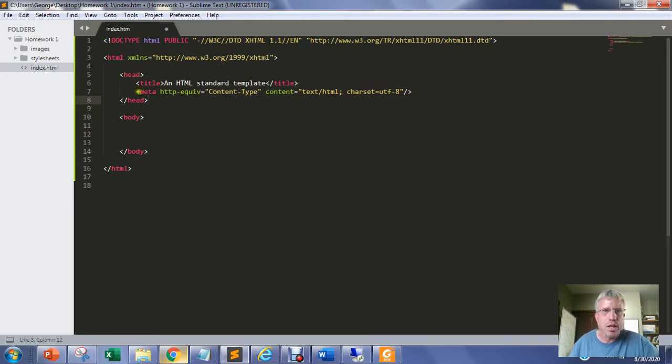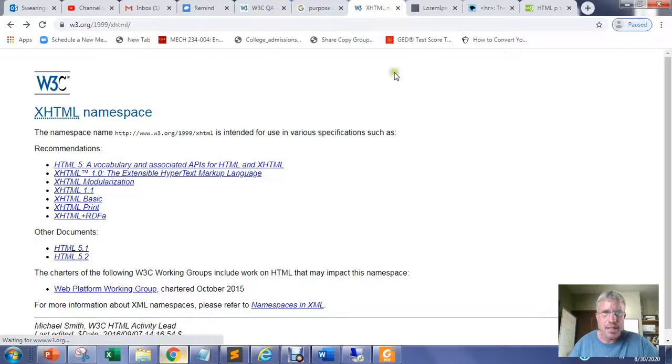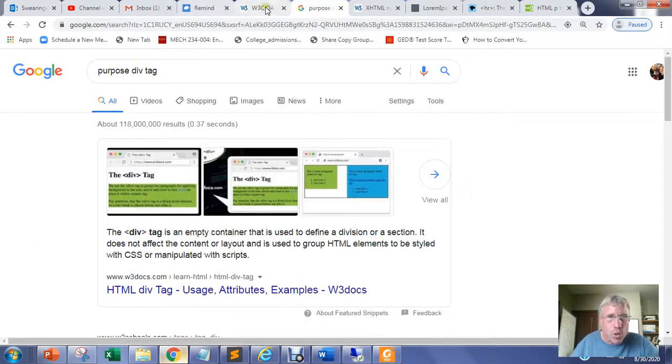And the head section contains information about the web page, but it doesn't contain anything that's displayed on the web page. So in this case, we've got a meta tag. And all a meta tag is information about information. So this particular meta tag is required by W3 standards for XHTML 1.1. You need to tell the web browser what character set you're using, and the default character set in general is going to be UTF-8. And all the UTF-8 character set is, if you go over,